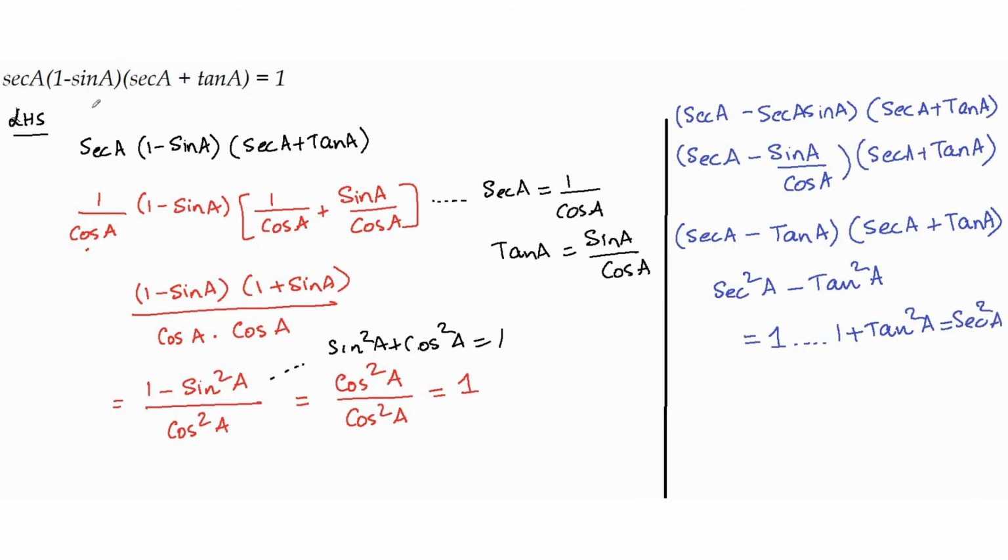So what I did was I first took the terms sec A into 1 minus sin A, I multiplied those term by term, and that led me to